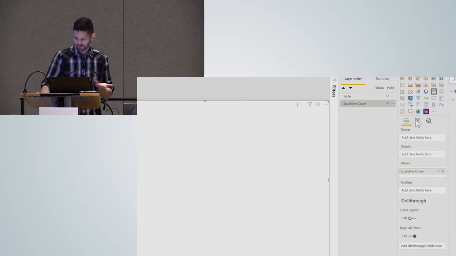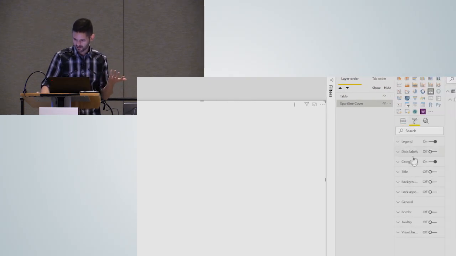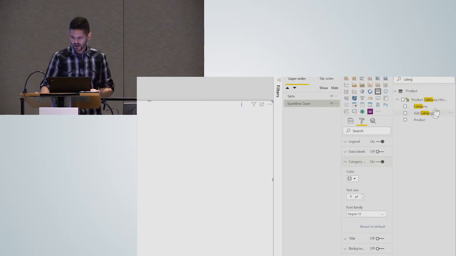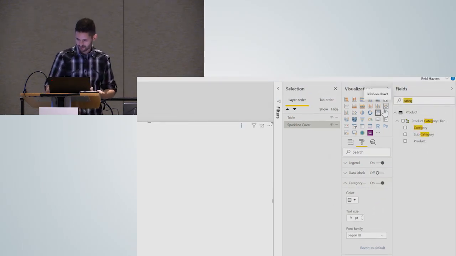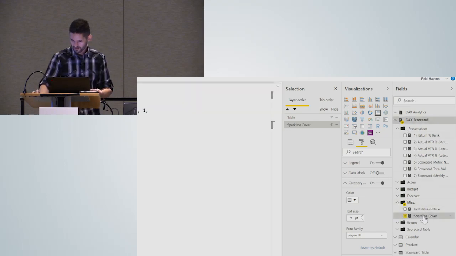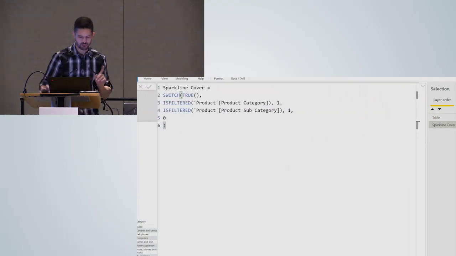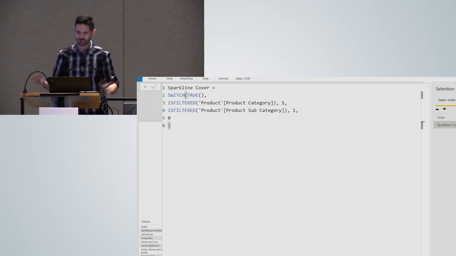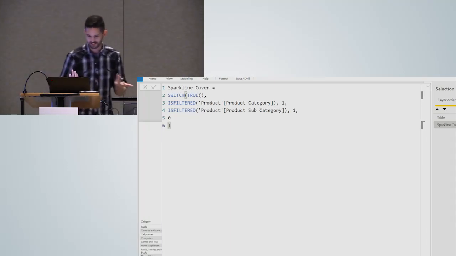In this case, I've just applied the color of the background in category. Yeah. So the color's in there, and the logic for the DAX is pretty straightforward. Let me go ahead and show this to you. Like I said, sometimes when you're put into a corner and you're in a box and you only have a limited set of tools, you find creative ways to use the tools you are given.